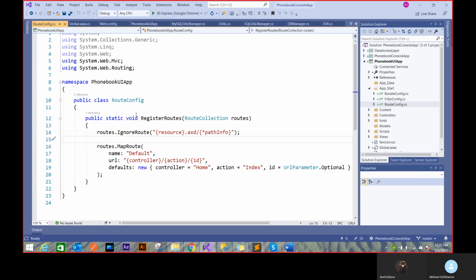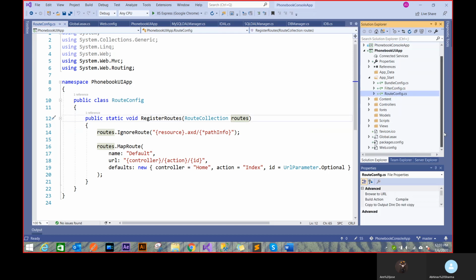You'll see the first route. You see static, so it's automatically pre-filled with this collection. When you start looking at MVC, you'll realize that lots of things will be handled for you by the framework. You have to imagine that it's going to come back with a route collection. It will be provided to you at the time of application start. This is not something that you will be passing.